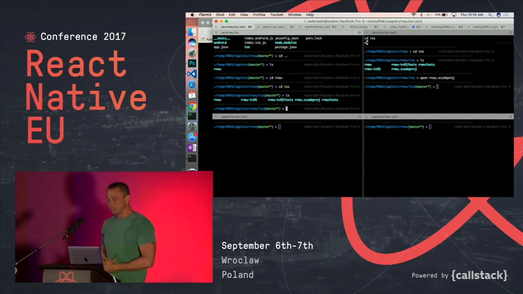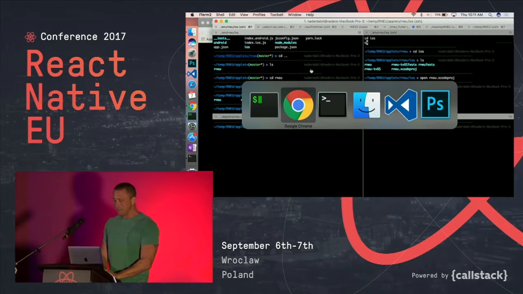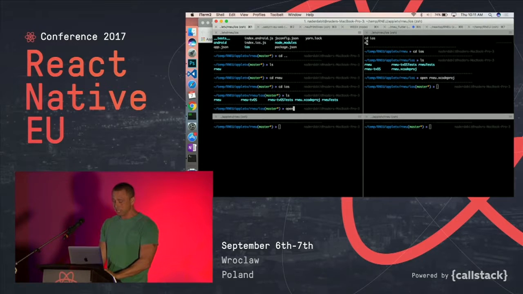So if you go into iOS, you'll see now you'll have a tvOS project and a tvOS test project. So it's not really hard to run it at this point. You just basically open the Xcode project,